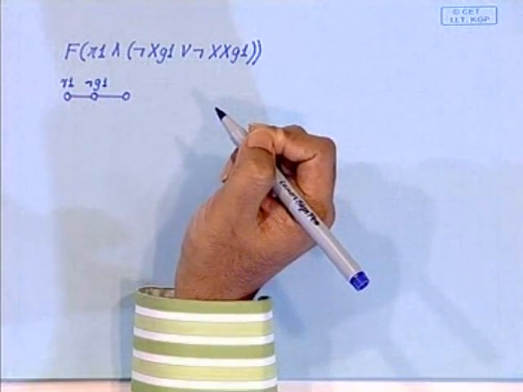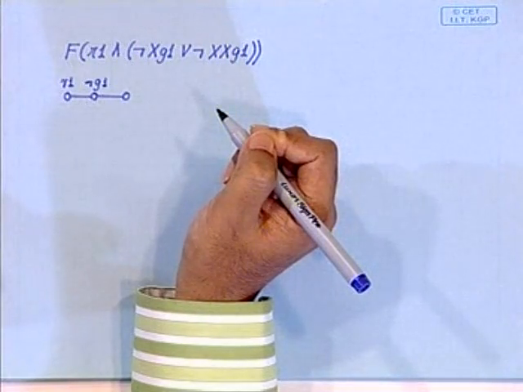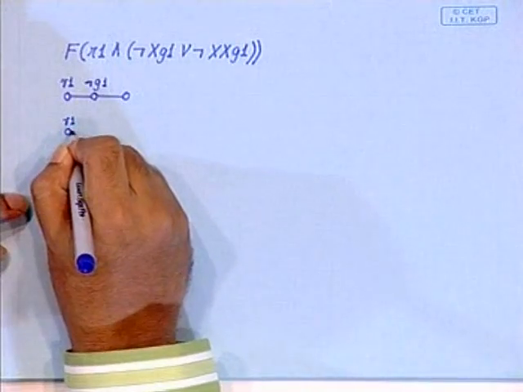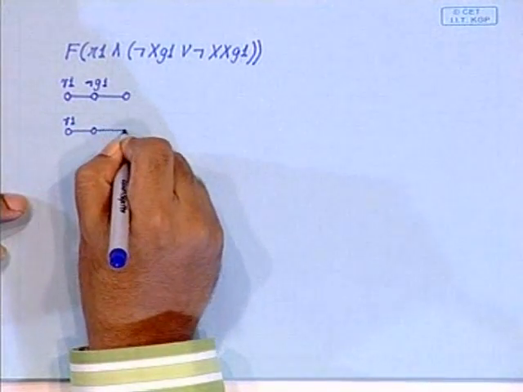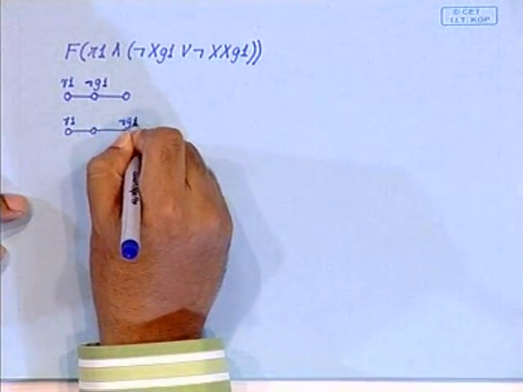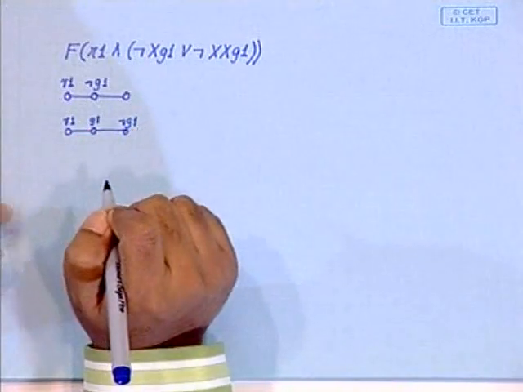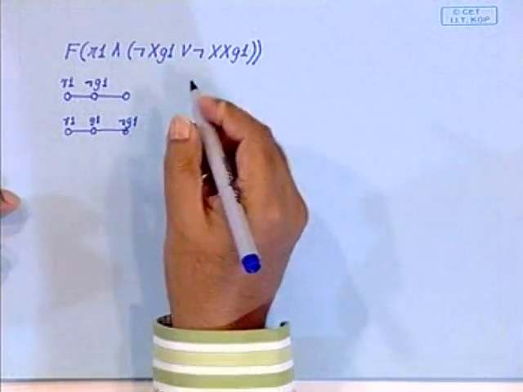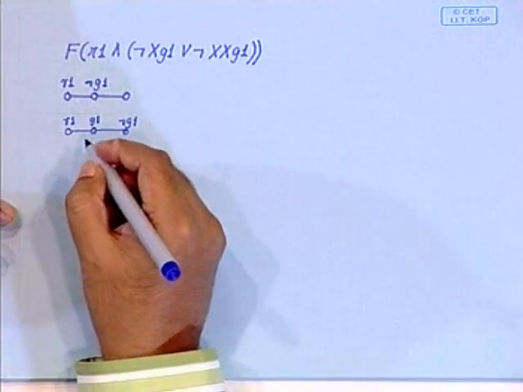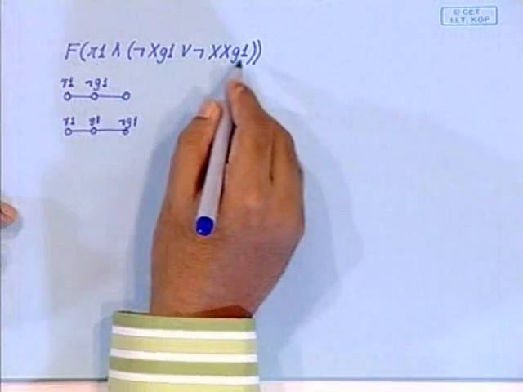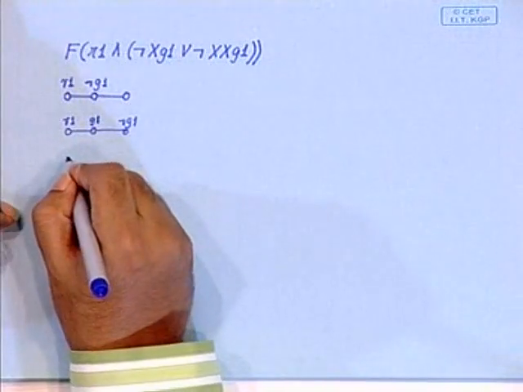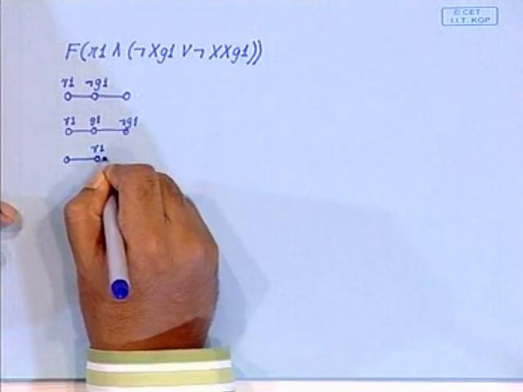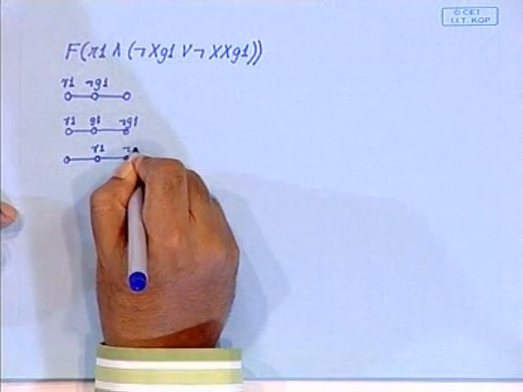This is one way in which you can satisfy this, or you can have R1 here and not G1 here, maybe G1 here and not G1 here. This is another way, and this is F, remember. So this can also be satisfied if you have R1 here and not G1 here,